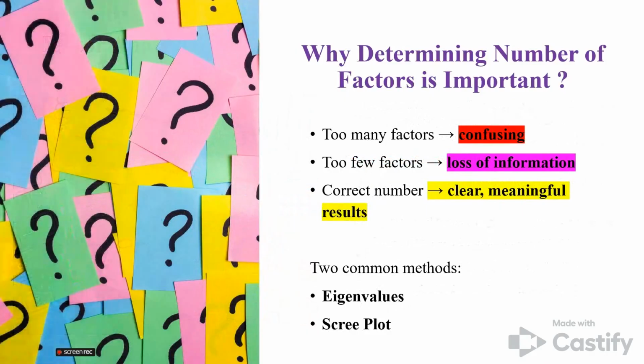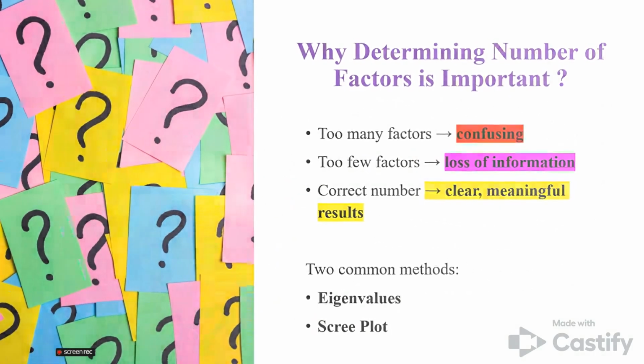Further moving ahead, why is determining the number of factors important? Because when there are too many factors during data analysis, the scenario would be confusing. Even when there are too few factors, there would be potential chances of losing information as well. But when there is the correct number of factors, that gives clear and meaningful results. So to generate clear and meaningful results during factor analysis, we use two common methods called eigenvalues and